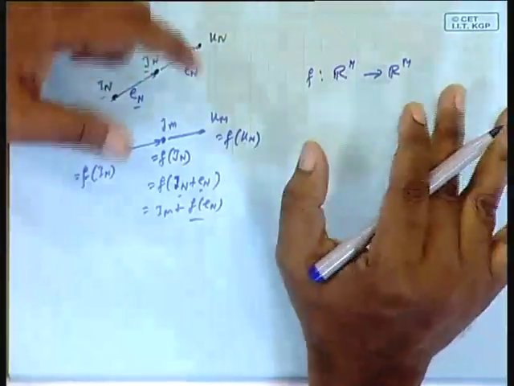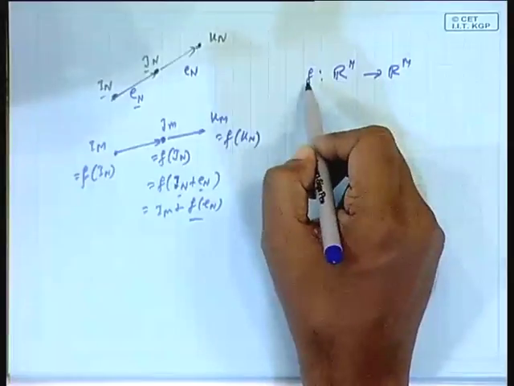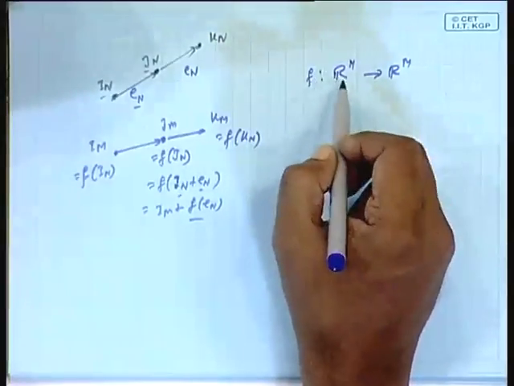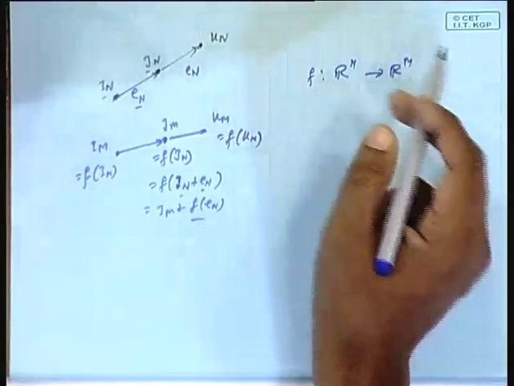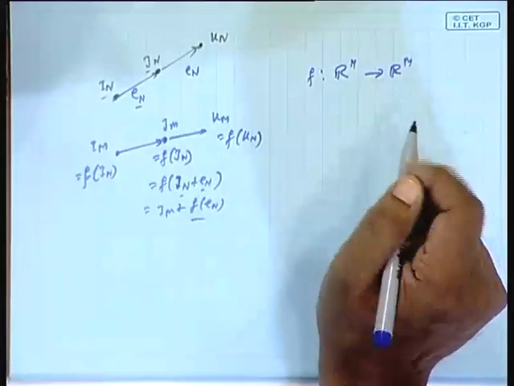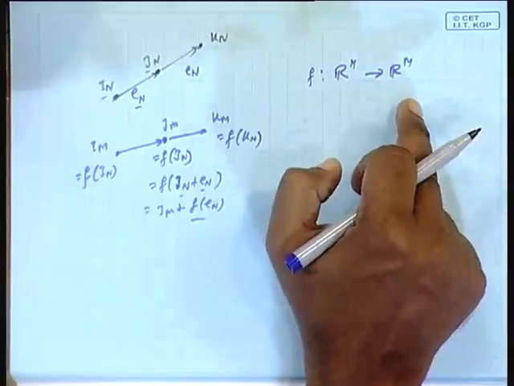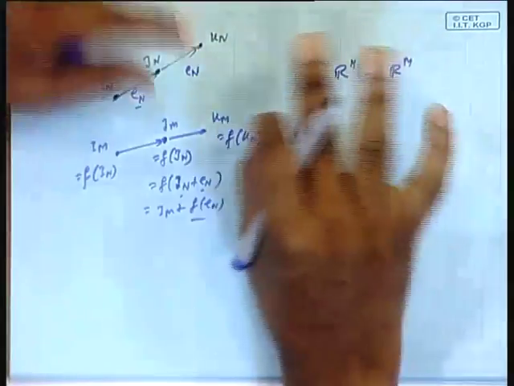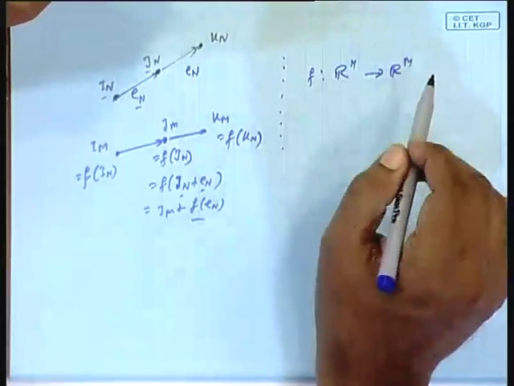So, I am using the general framework of real numbers, and if it is a length n vector, then we are in Rn, and if f is a mapping from Rn to Rm, then I made a statement: if f is linear, then f can always be represented by a matrix of dimension m cross n. It will multiply the given vector from Rn and give you the map in Rm. That is what I said. Then there was some goof up in the proof. I thought that okay, let's start with the linear function, but I said that I will give a proof. In fact, the proof was perfectly okay last time. Unnecessarily there was a confusion. So, that part I will complete, but